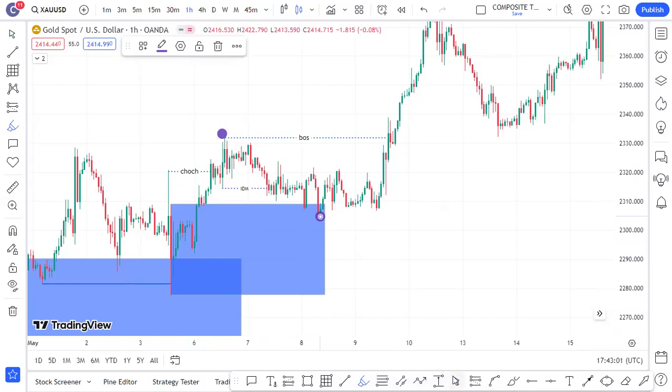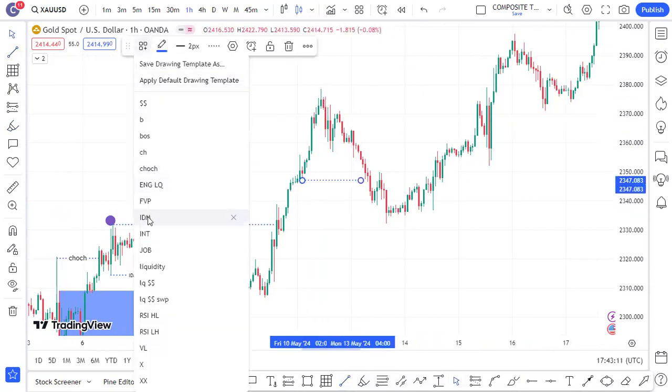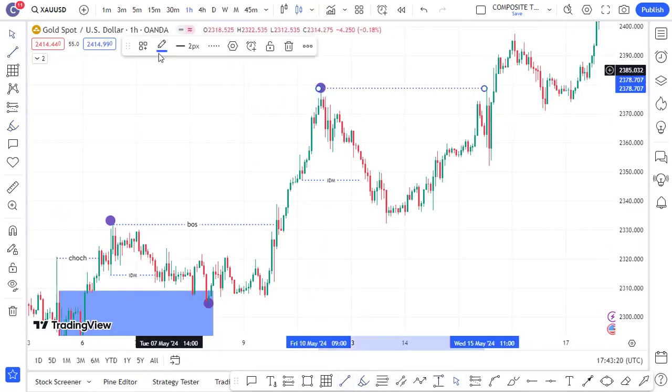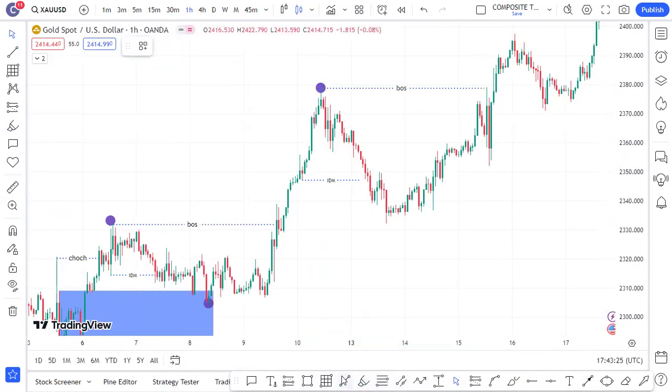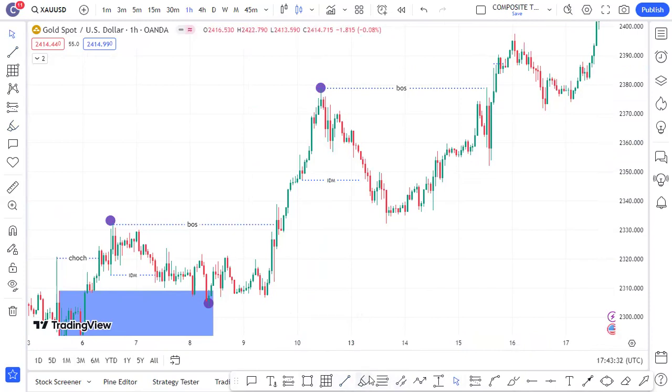Then our new inducement is here. Let's see, where's the new inducement? The new inducement right here is this one. IDM taken out, and this is our high. We look for a new break of structure. We got a new break of structure here. Remember I said that for a break of structure the market must close with the candle. So this is not a BOS, but right here you can see there's a candle close. Then this is our low, our main low.